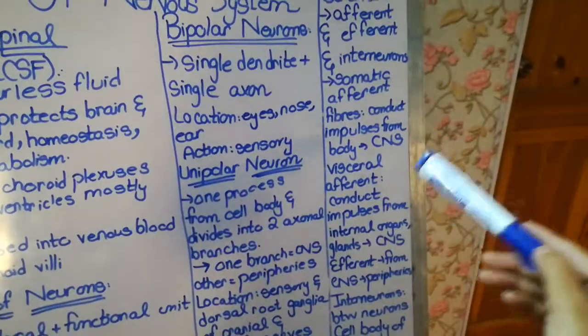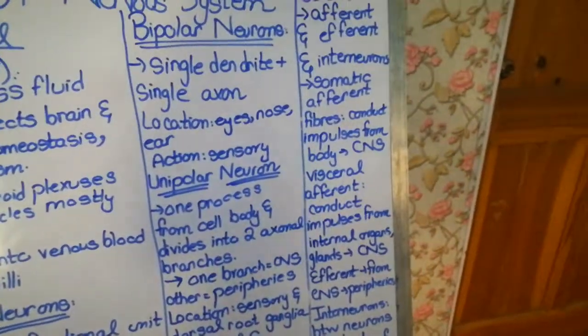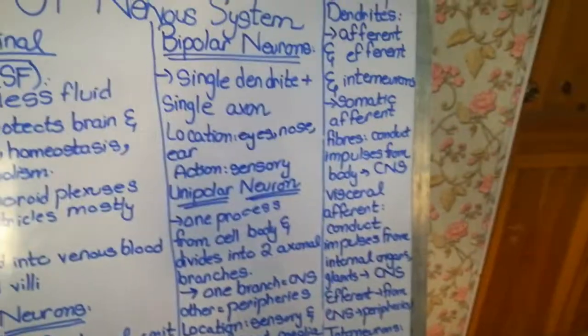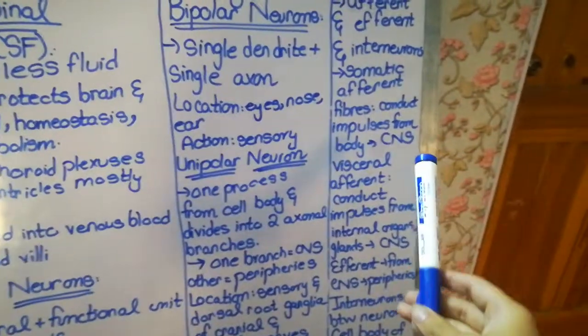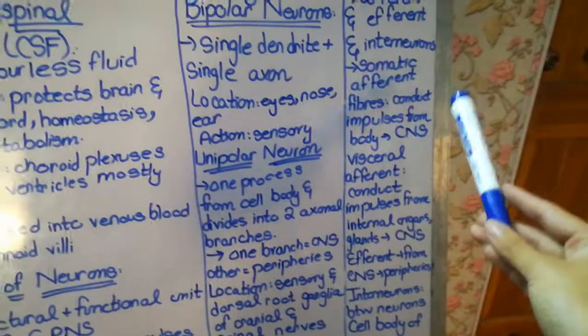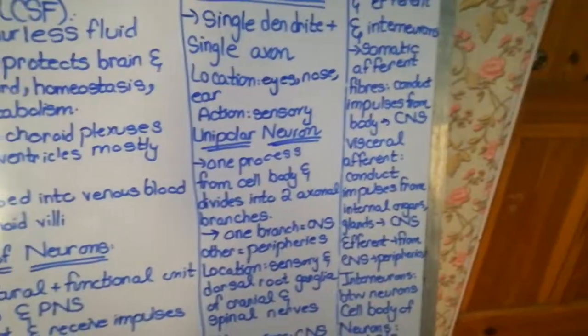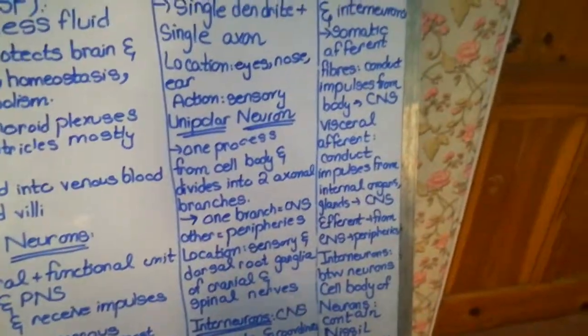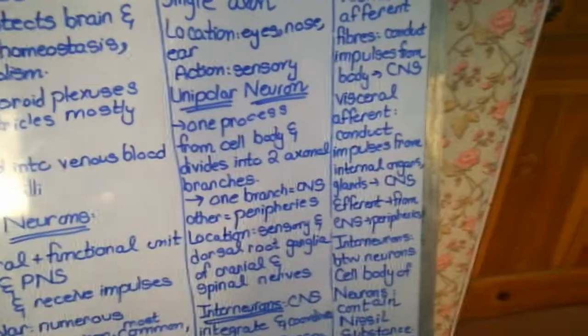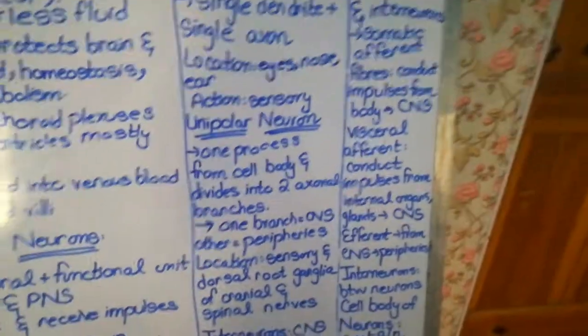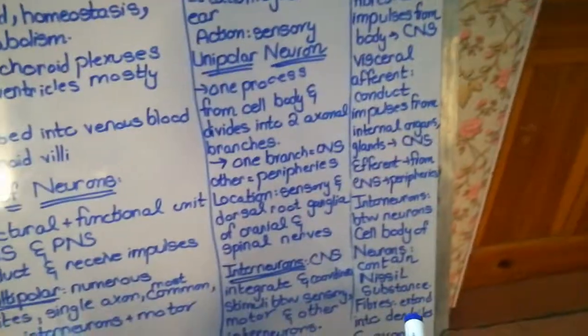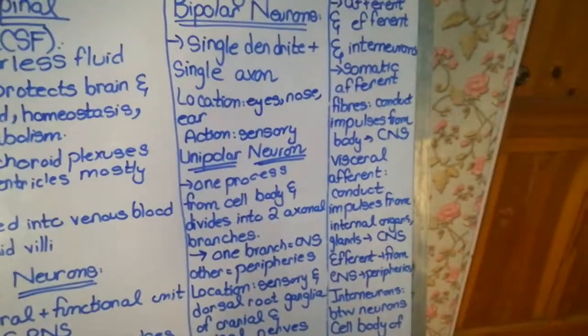Then those fibers which are passing from the body, like from your viscera, from your stomach, from your heart, and going to the brain, those are called the visceral afferent nerve fibers. Then you have the efferent nerve fibers which will pass from the central nervous system and go to the muscles. And interneuron fibers are present between the sensory and the motor nerve. Then the cell body of your neurons consists of Nissl granules, and the fibers extend from your cell body to your dendrites and